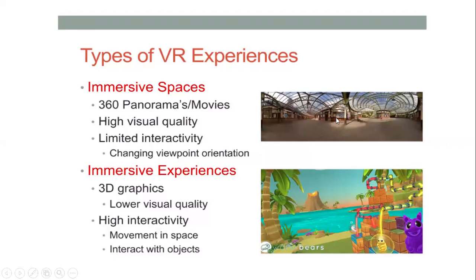For you, each person's perception will be different. For example, Rashmi's perception will be different while she is looking at the panorama image, Ajita's will be different, and Sanjana's, Aisha's. Each of your perceptions will be different according to your view. That's why it says changing viewpoint orientation. No one will be seeing the same image with the same perception. Coming to the next thing, immersive experiences.